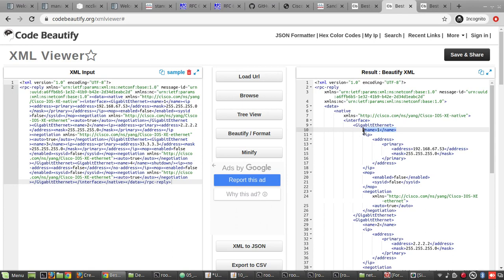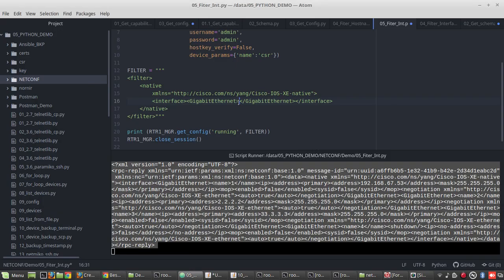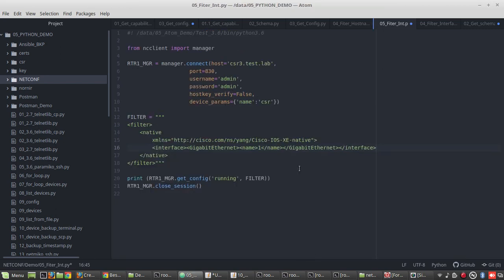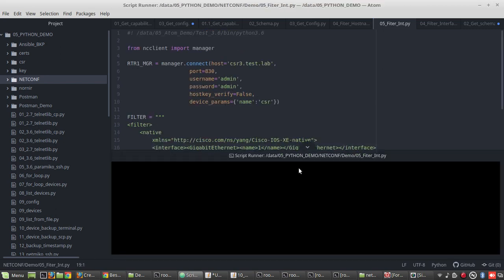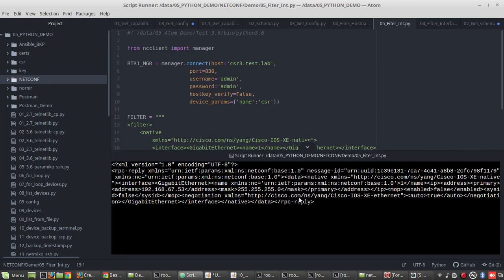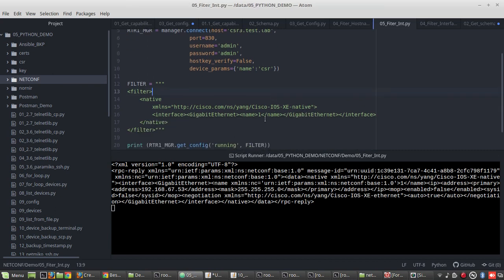I'll copy the name from here. So this will print the details of the GigabitEthernet1 interface. Let's try running the script. Yeah, you can see the details of the GigabitEthernet1 interface. In a similar way you will be able to filter for any interface.